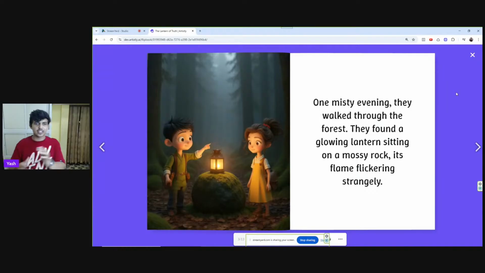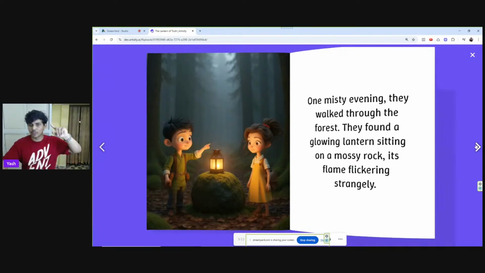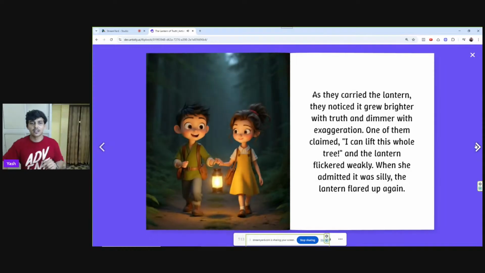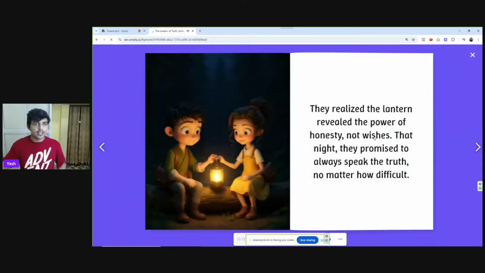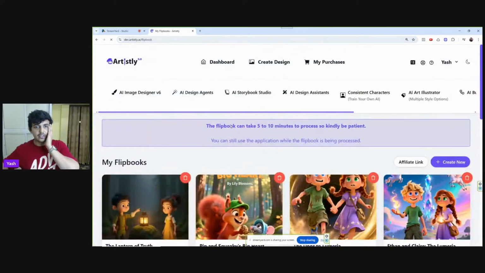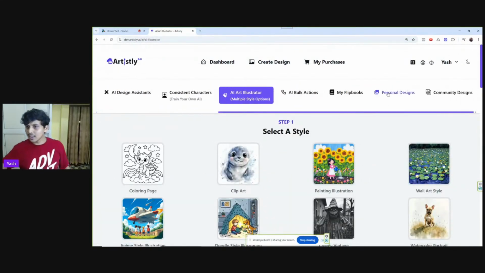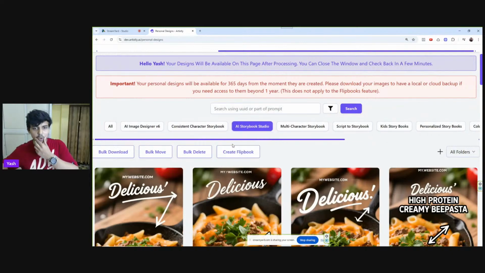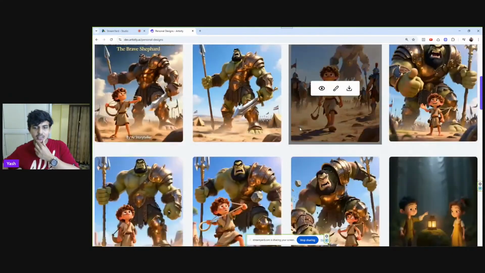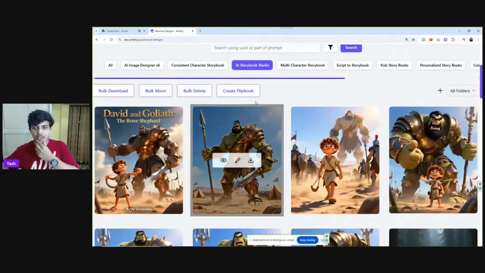Okay, so I'm just checking this. Your question was, can you show me the storybook? This is what the storybook looks like, the final storybook. Now let's see the languages for these storybooks. If we go to AI personal design and then AI storybook, this is the David and Goliath story I was creating.